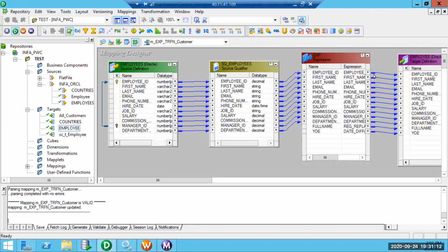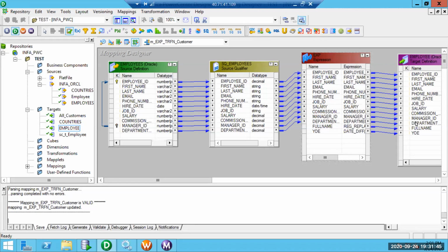By default, whatever rows we are reading from the source go for insert. So insert is the default operation. The usual common interview question is, what are the configurations which need to be done to enable such functionality? We have already developed this mapping in the previous class, so I'll show some